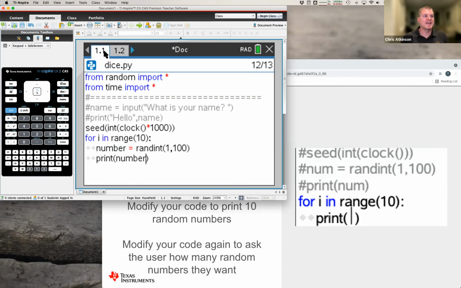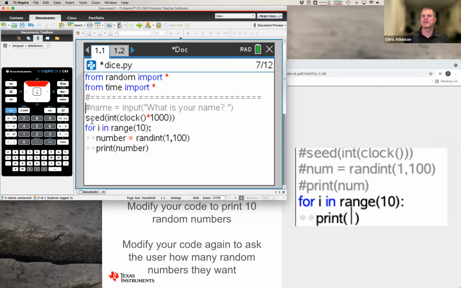All right, I've got my 10 random numbers. So you can check my code to see how you're doing with your 10 random numbers. But I'm going to repurpose the code at the top here on line 7. I can get rid of line 8. I won't need that print statement, but I want to ask the user,